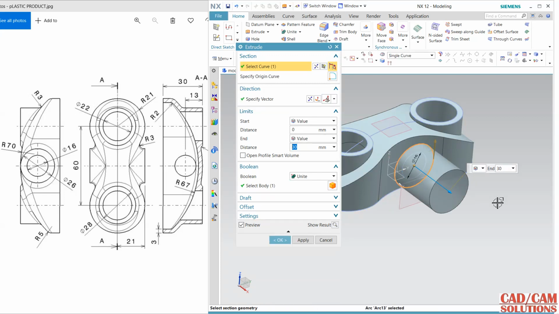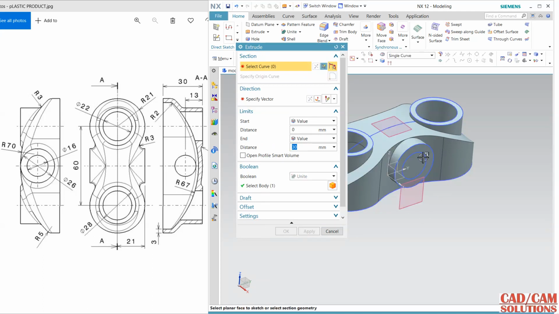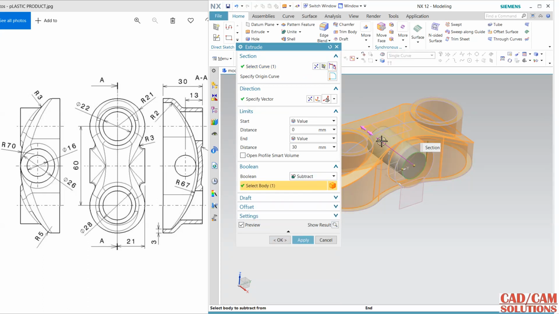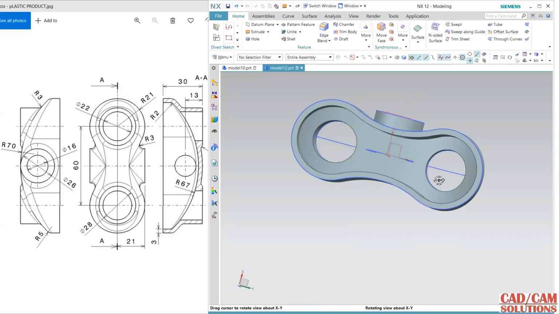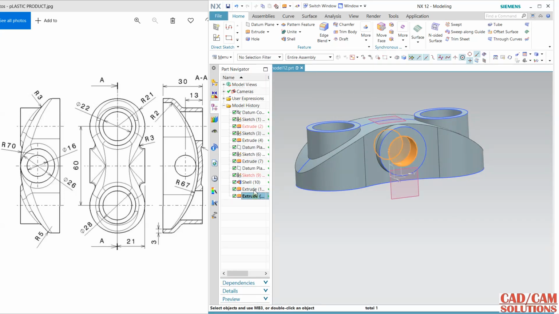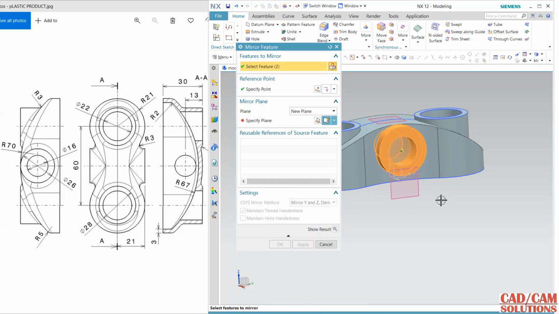I'm going to extrude this one on the reverse side, and until next, apply again this smaller one in reverse direction, and this time I want to subtract it a little bit less, and apply and cancel. And from this navigator I'm going to mirror these two, mirror feature, and my reference plane is this. Okay,